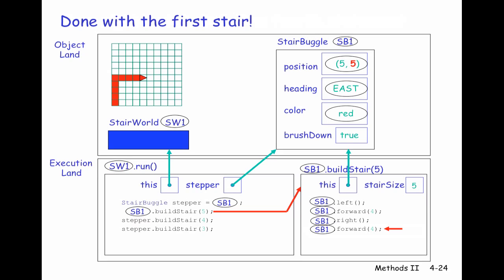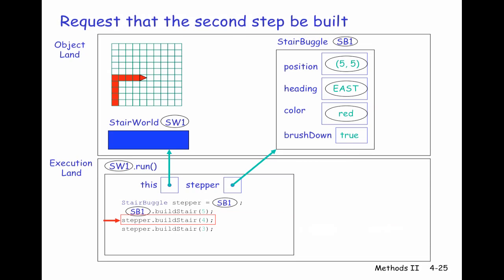And when you are done with the execution of all statements within the execution frame, the execution frame goes away, and we go off to execute the next statement wherever we were before. So we're now going back to where we were before in our first execution frame, and we are now executing the method invocation stepper.buildStair of 4. So the only difference between this invocation and the previous one is that our argument is 4. So we are invoking an instance method,